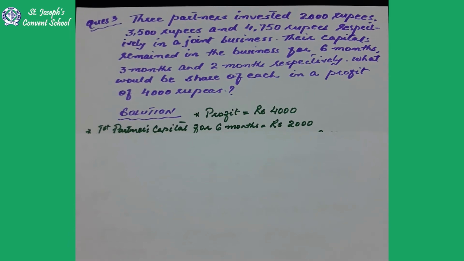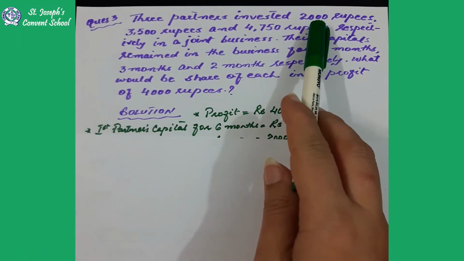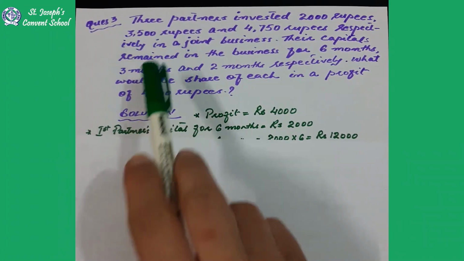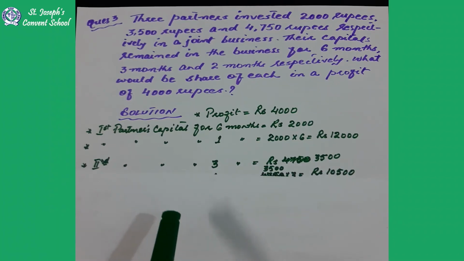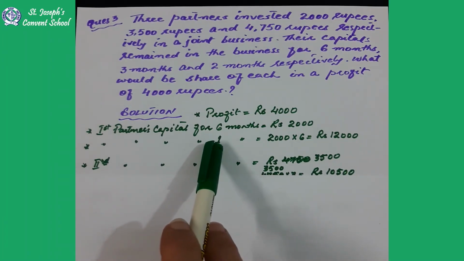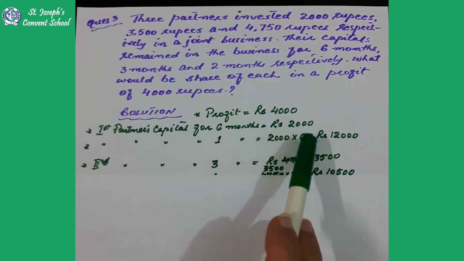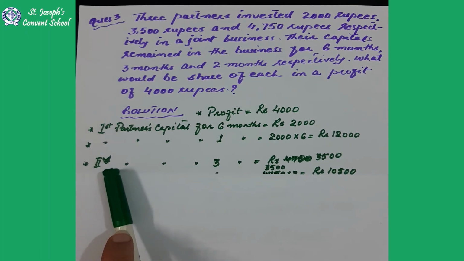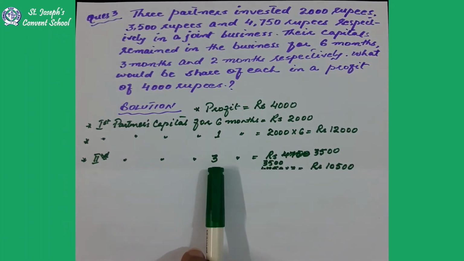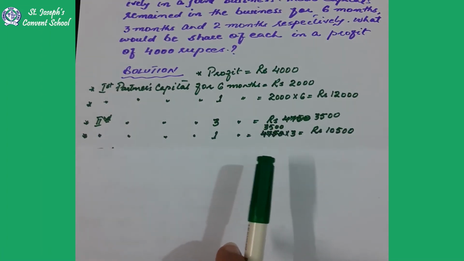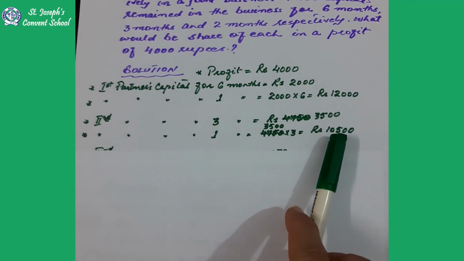It is given in the question that first partner's capital for 6 months, you can see, is rupees 2000. Then second partner's amount for 3 months is 3500. Okay, you'll find it for 1 month. How are you going to find it? 6 into 2000, you will get the answer for 1 month. Same way, second partner's amount is 3500 for 3 months. So for 1 month, what you'll do? 3 into 3500. Okay, 3500 into 3 is this amount,